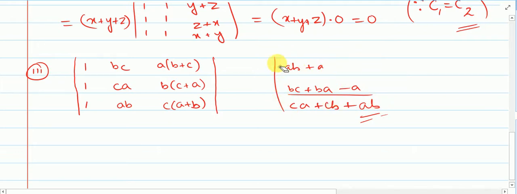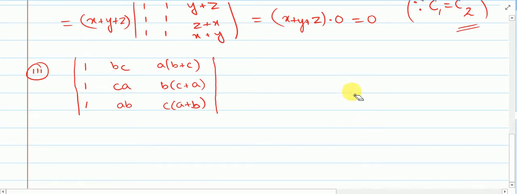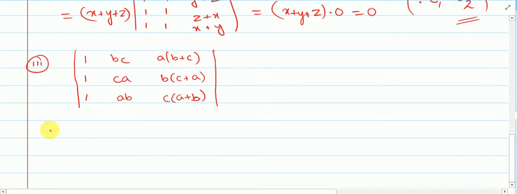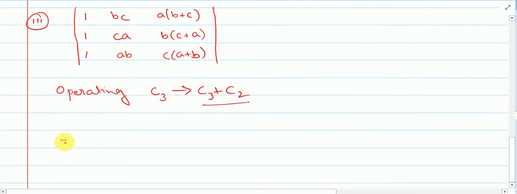So that's why I said that you may not see something common directly, but after operating, maybe like adding, subtracting, you may get something common. So here you write operating C3 plus C2. That means in the next step my C3 will be C3 plus C2. So we get